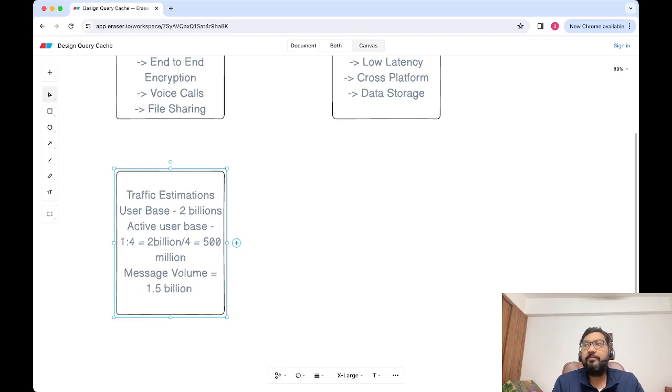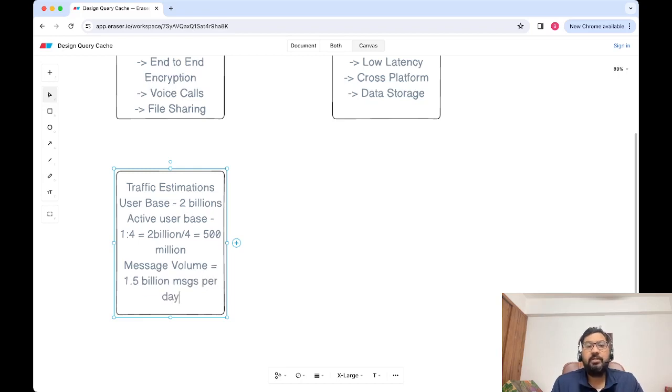It is processing 1.5 billion messages per day. Okay, so this is the volume that WhatsApp is having over these messages. And how do we get this number? When we talk about the active user base, that is your 500 million. So if you consider that 500 million,